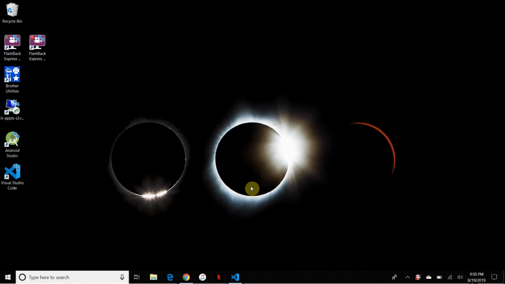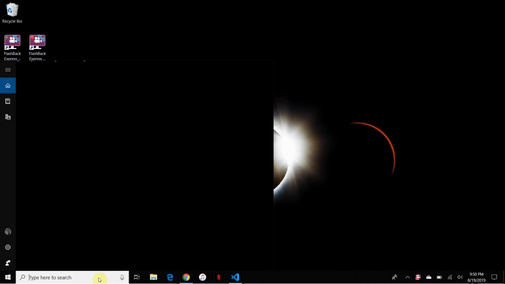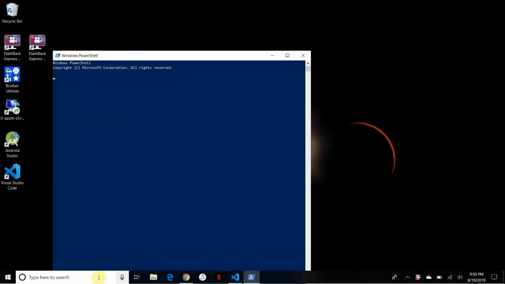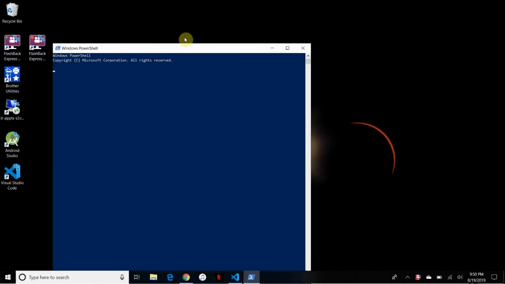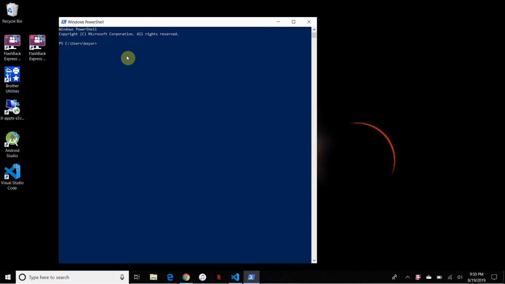I will show you how to create a Flutter project and run this project on an Android emulator. So for that, we will run PowerShell. Now we will create the project in the documents folder. And now we'll write the command to create a project over here. So the command is flutter